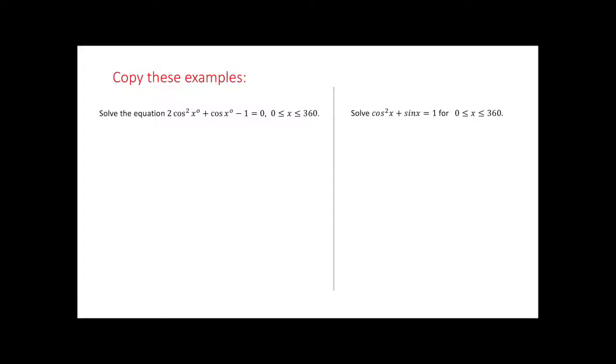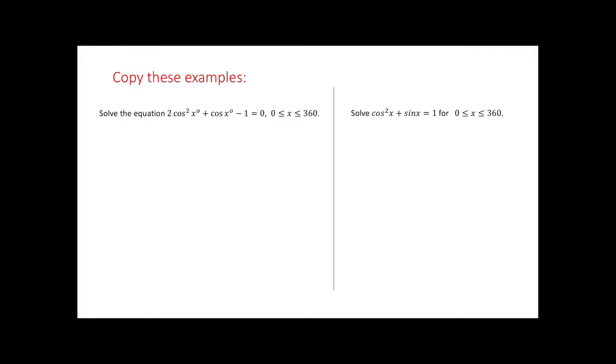At Higher, you're expected to be able to solve equations with two trig functions. So this combines some trig equations from National 5 and some of your quadratic stuff from National 5, where you have to be able to factorise to solve the equation, but then you also have to be able to solve a trig equation. So for this first example, it wants us to solve the equation 2 cos squared x plus cos x minus